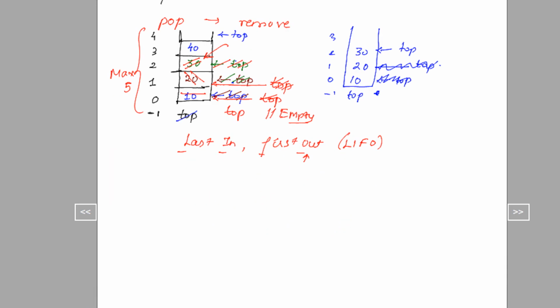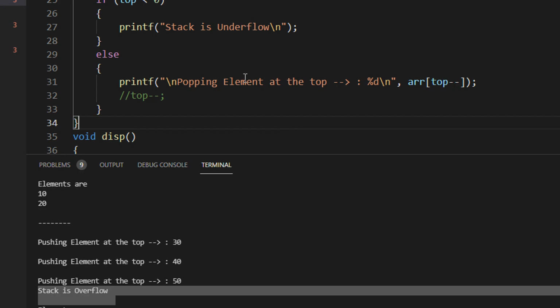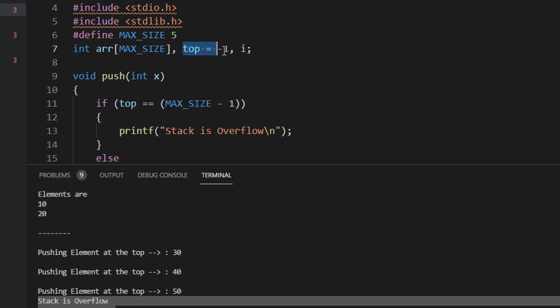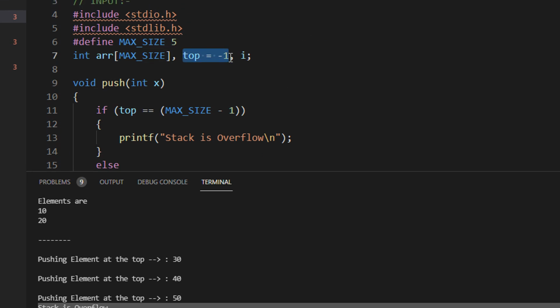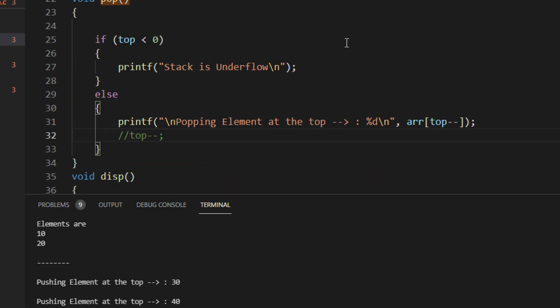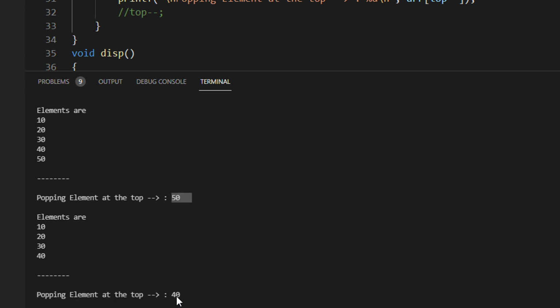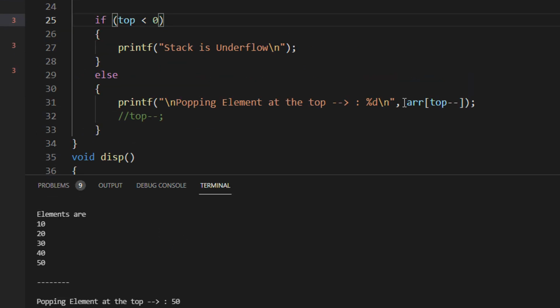See, let's say you have an array and top minus minus. This is for the pop operation. Top in our case is an integer, which was initialized globally and it is -1. So when you do a pop operation like this, let me first show you the output just to see that it is working. Popping is 50 and 40. So here we are achieving two things with the same objective. See, when you do array top minus minus,